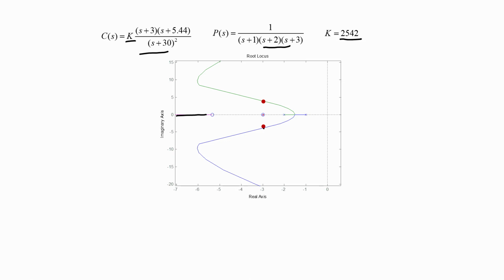Thus far we have seen how root locus can be used as a tool to design for stability of the closed loop system, or in other words to get the dominant poles of the closed loop system to be exactly where we want them to be. If we move the dominant pole significantly to the left of the imaginary axis, we are improving the stability of the closed loop system, or if it is closer to the imaginary axis, we are essentially resulting in a closed loop system with slightly reduced damping.